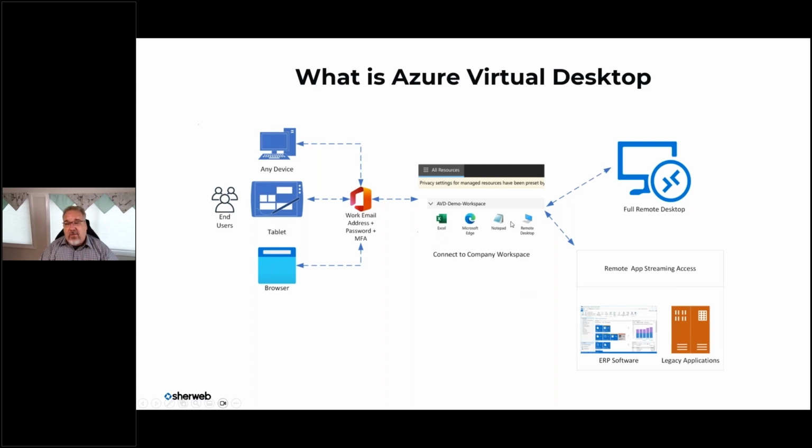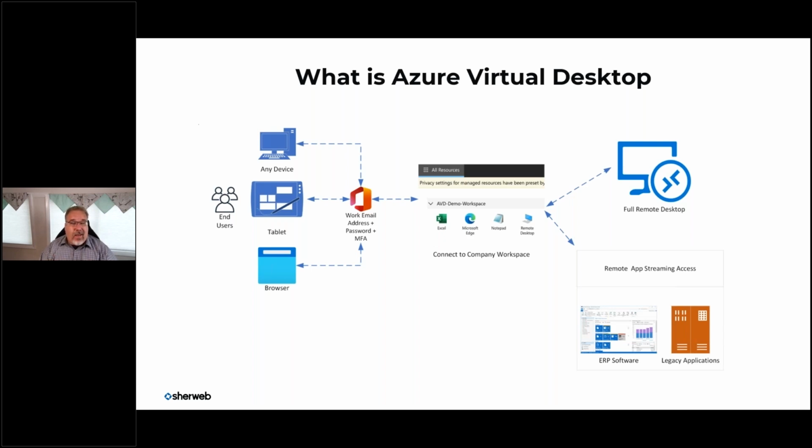Here in the middle, you're seeing application workload. So Excel, Word, Notepad, you can have those set up and just click the application and it'll load for your user, from a desktop, laptop, tablet, mobile device, you name it.